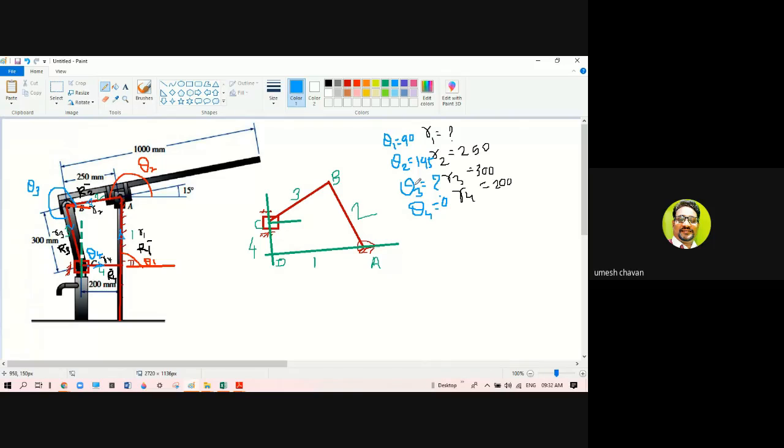So in this data, R1 is unknown and theta 3 is unknown. Only two unknowns are there. So you may get these R1 and theta 3 by solving the loop closure equation. And you keep in mind, suppose from this data, if more than two quantities are unknown,